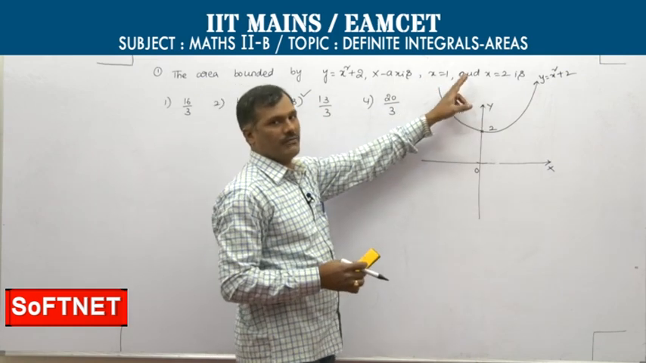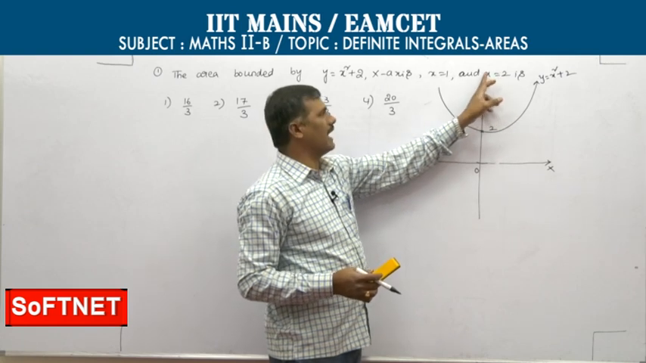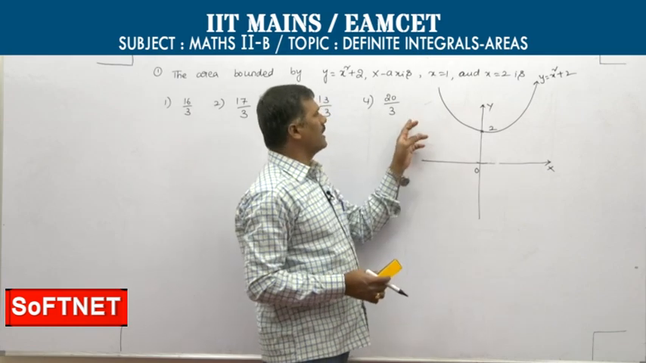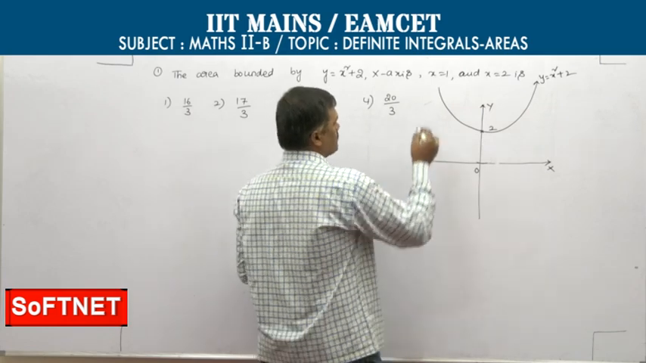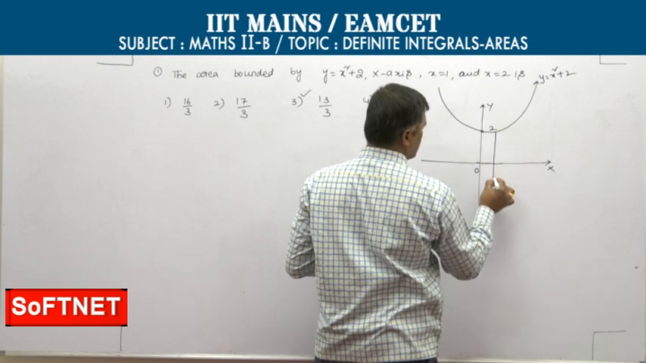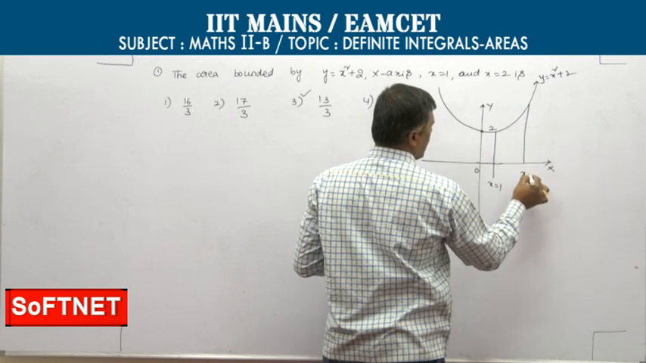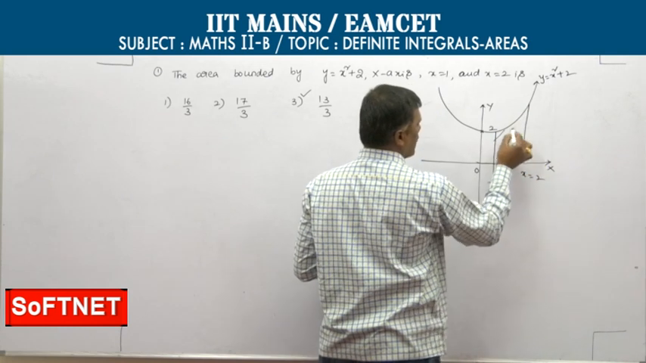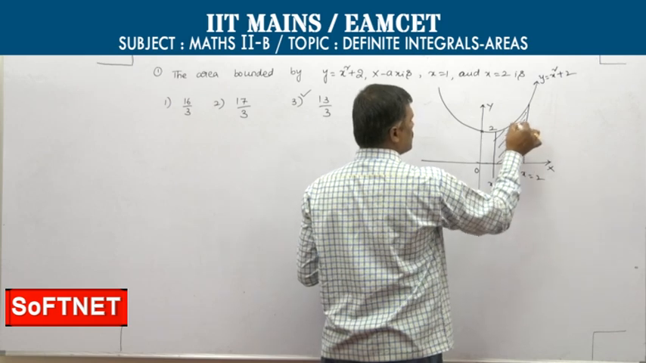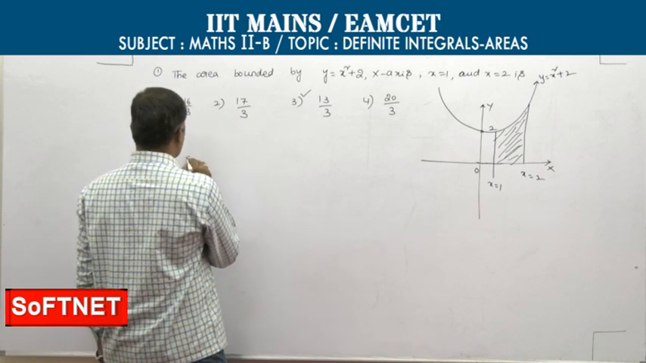By the definition, to find the area of the given function f of x with the x axis and the lines x is equal to a, x is equal to b, it is integral a to b. See, this is x is equal to 1, x is equal to 2. To find this area in between x is equal to 1 and x is equal to 2, therefore,